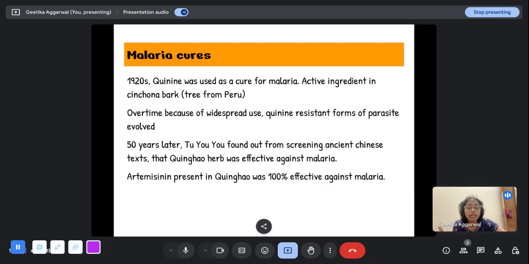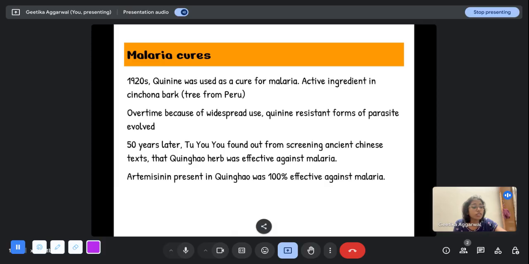So when she did that, she found that the active ingredient in the Qinghao herb is actually artemisinin, and it gets destroyed when you heat it up. So artemisinin was present in Qinghao, and this was found to be 100% effective against malaria in all the cases. Very quickly, all the clinical trials were carried out, and it was fast tracked,